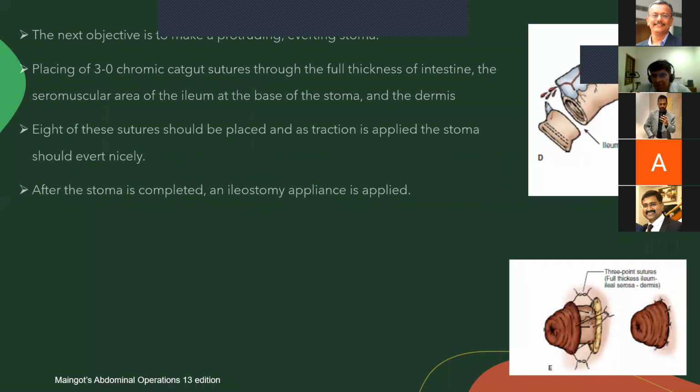Then where you want the spout to happen, maybe 3 or 4 centimeters down the line, you put another Babcock's and gently pull that up, and at the same time evert the other one where you put it on the end of the stoma, and that will also create the spout. But that can be done only in a situation where the bowel is not edematous. If it is edematous, then it becomes difficult to do that.